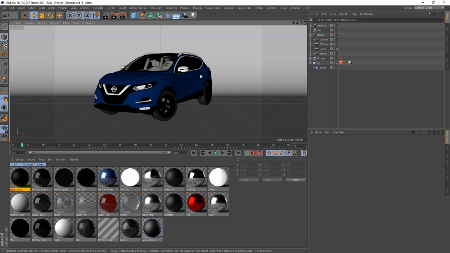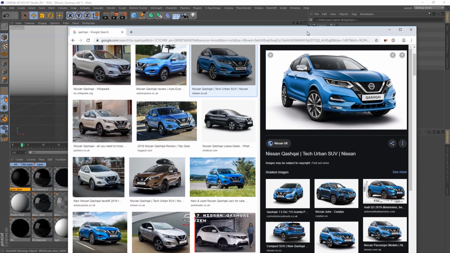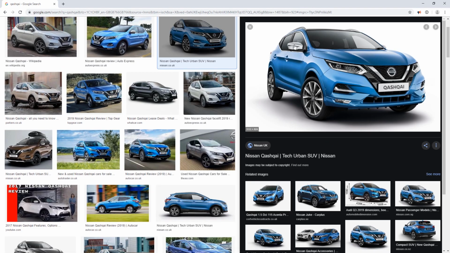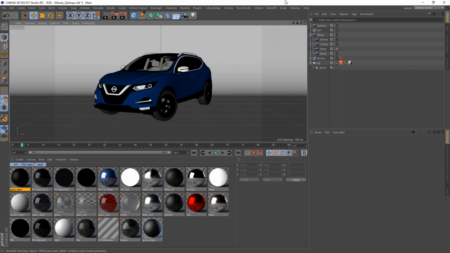So if we just have done a little search on the Qashqai, and we're going to go for some kind of studio style lighting on this that's got this kind of feel about it. So that's the kind of thing we're aiming for. So let's hide that out of the way. And we don't need this scoop. So the first thing I'm going to do is actually get rid of that scoop